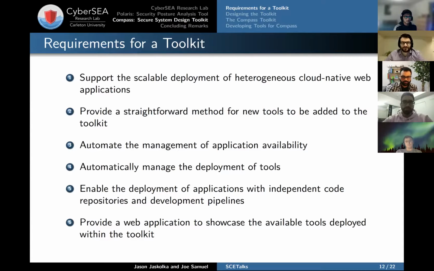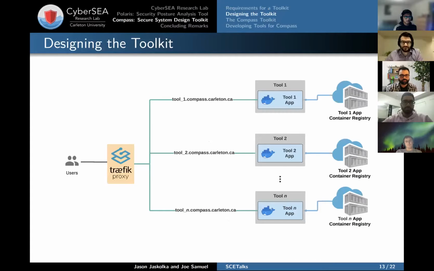So quite a large list to satisfy for this toolkit. And so we came up with this architecture to help satisfy these requirements. I'll talk about the technologies that make this happen in a little bit. But at the very high level, we have users that are being routed to different services that they request, and these services or tools are being served as Docker containers, which to the end user is just a web application.